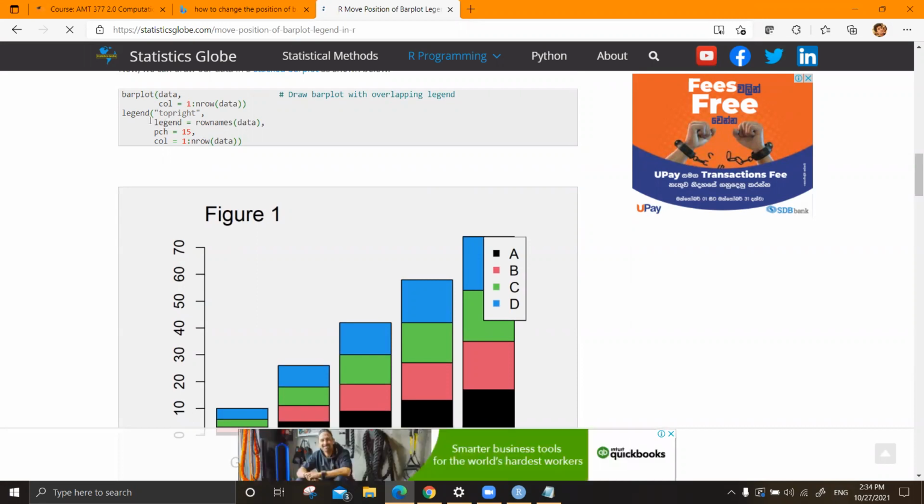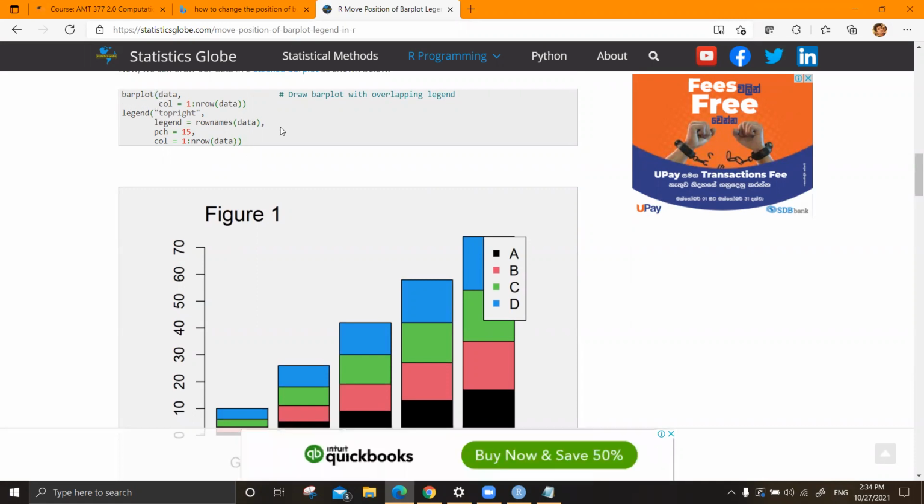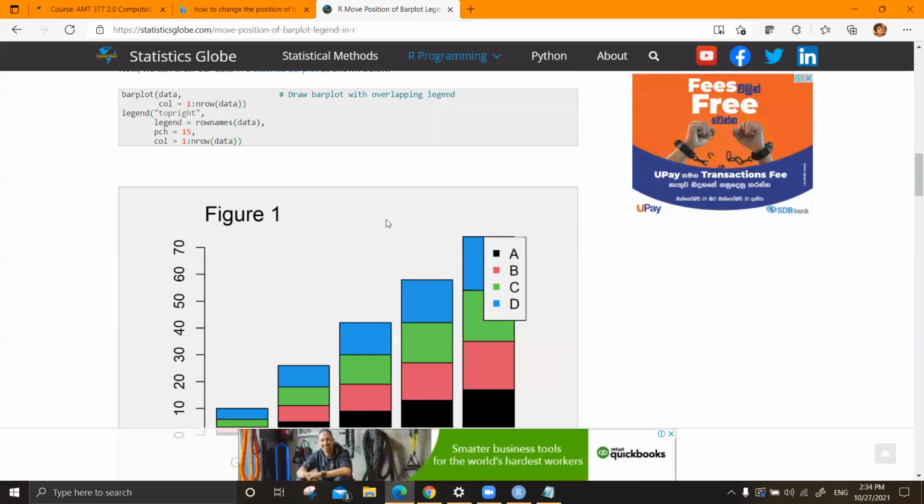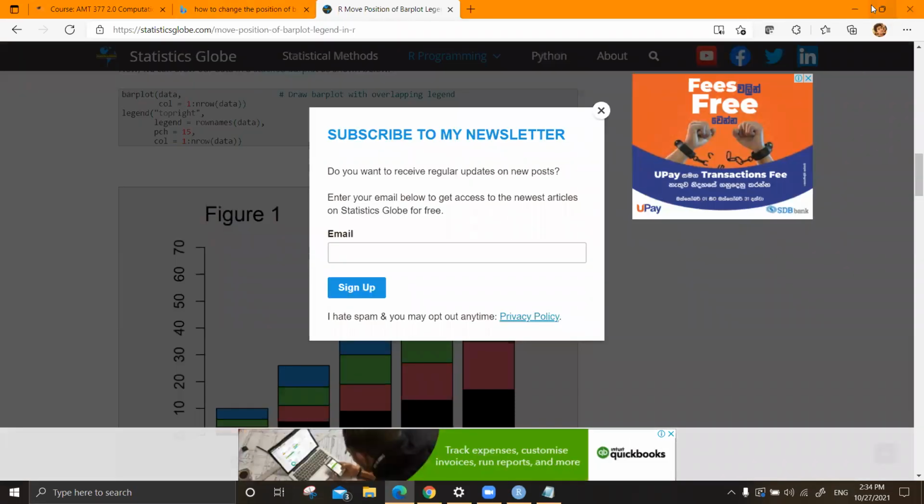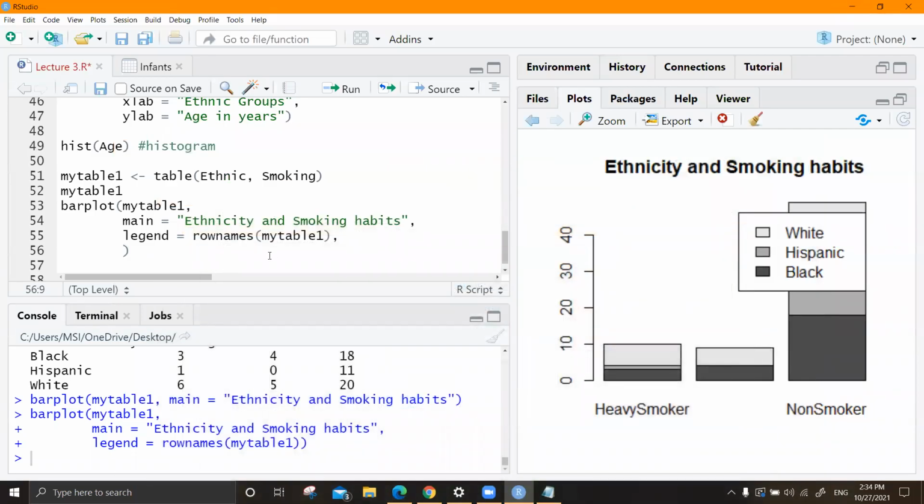So this is the command. Within barplot, you give legend, and within that you give whether it is top, right, or whatever it is. Let's try that.